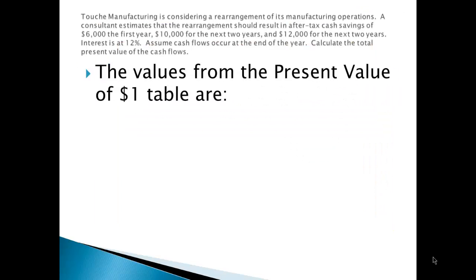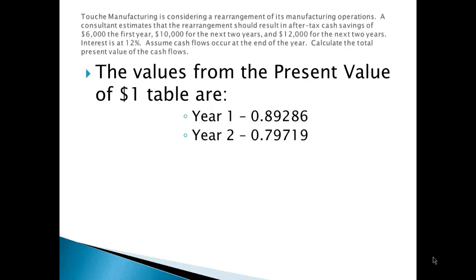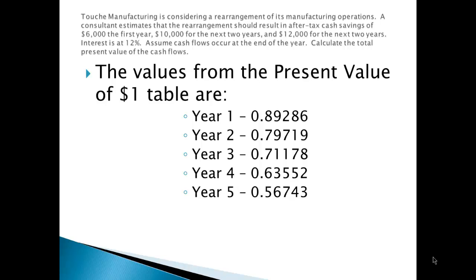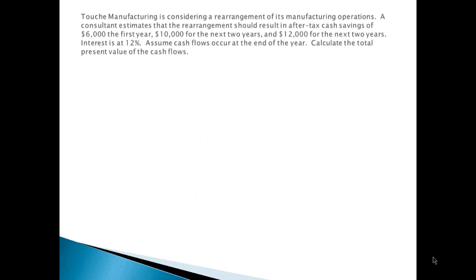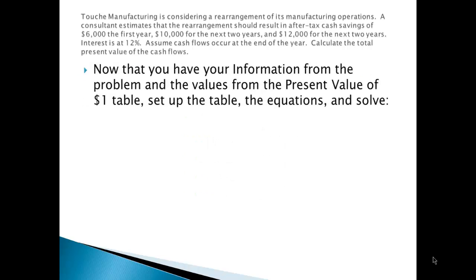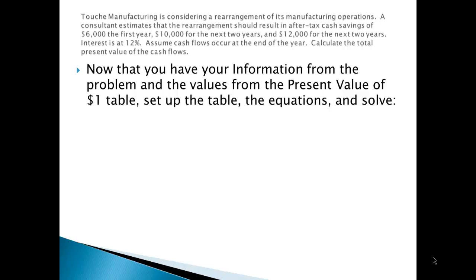The values from the present value of a dollar table are for year 1, 0.89286, year 2, 0.79719, year 3, 0.71178, year 4, 0.63552, and year 5, 0.56743. Now that we have all of our information from the problem and the present value factors from the table,